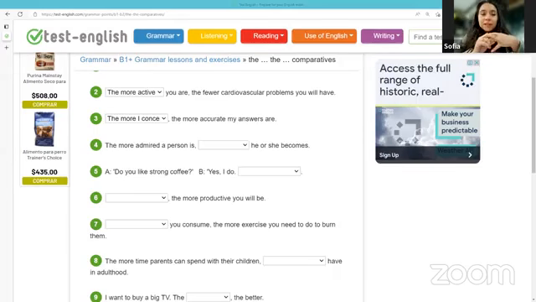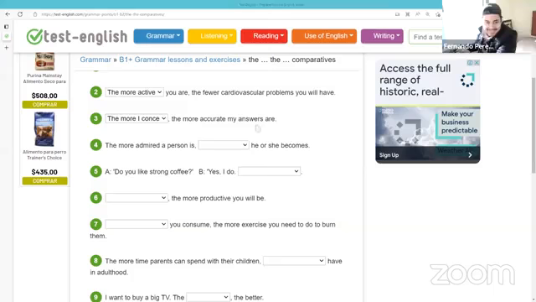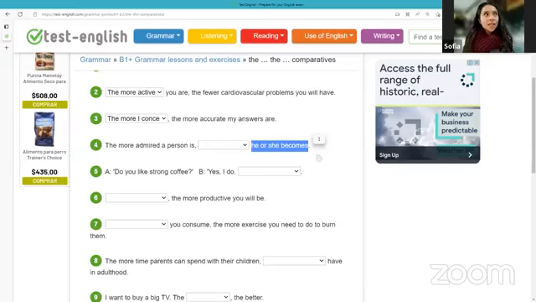The more admired a person is, I don't know what can... I don't have any idea, teacher. Even in Spanish, I don't have inspiration. The more admired a person is, he or she becomes